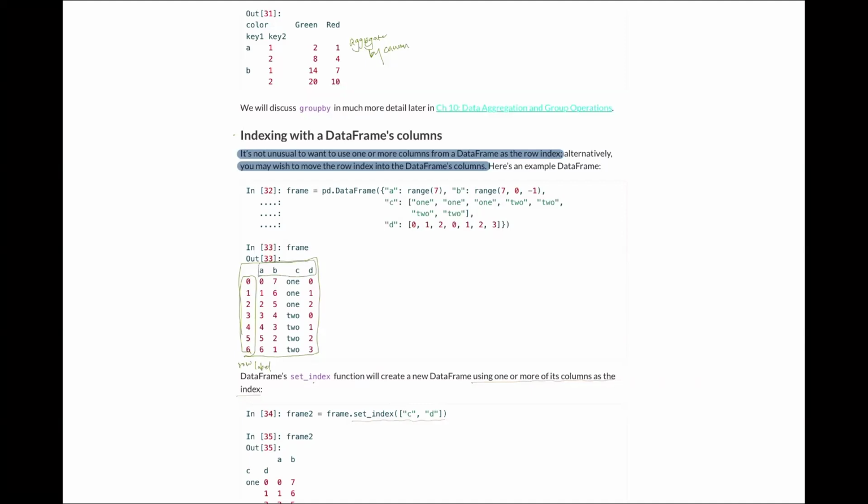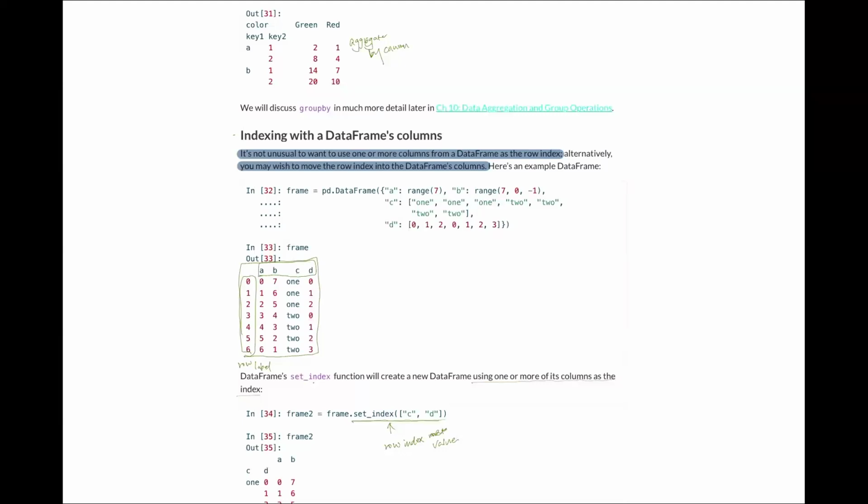So when we do set index based on C and D as a kind of hierarchy, like row indexing,